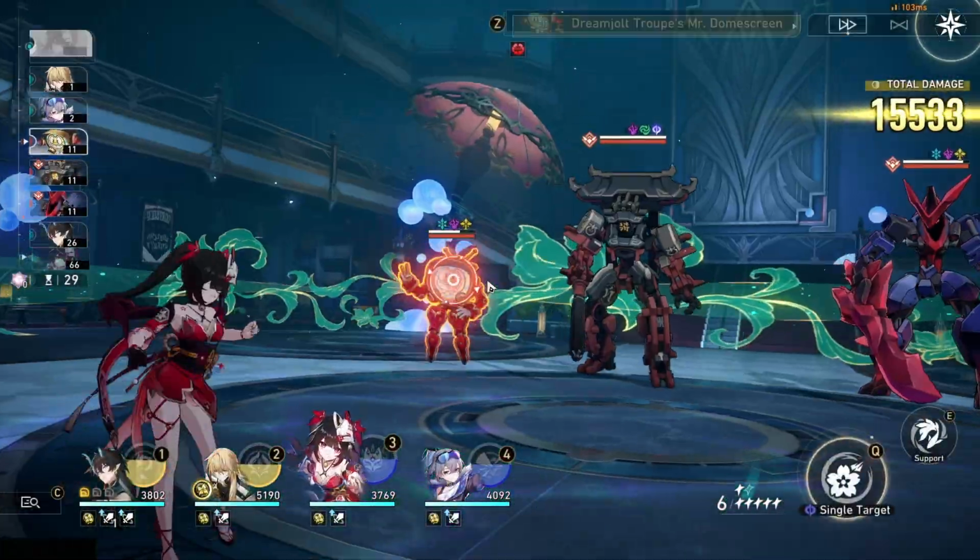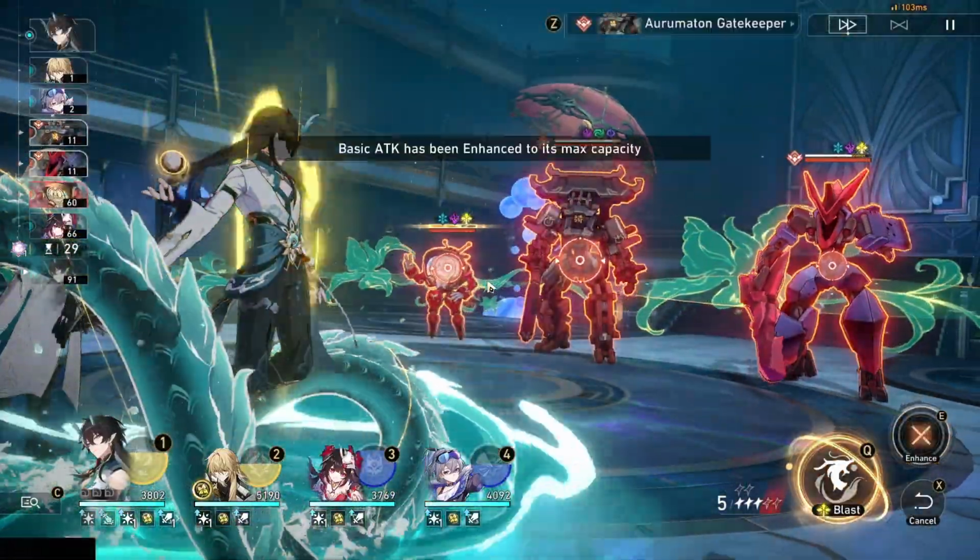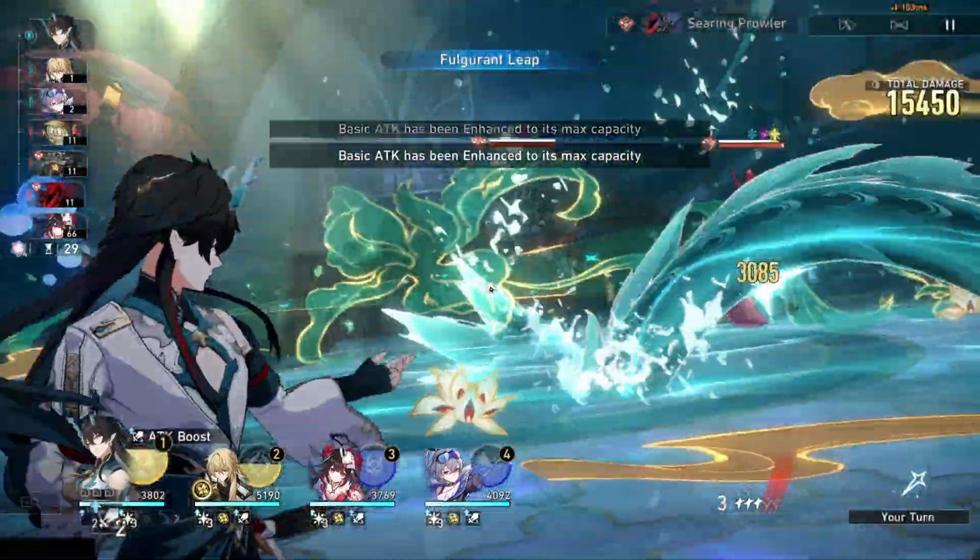Okay, so what I want to talk about right now is her skill. Her skill can advance forward an ally. This skill looks familiar to one of the best Harmony characters before. Well, if we look at Bronya,